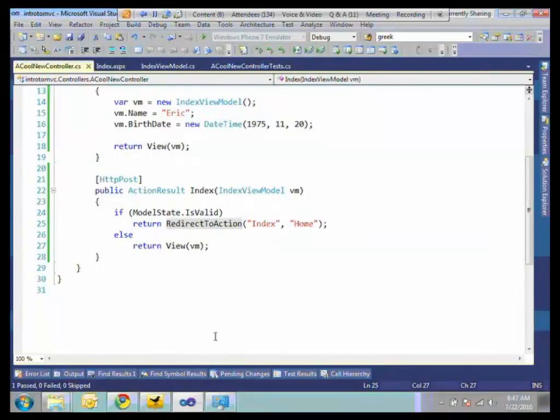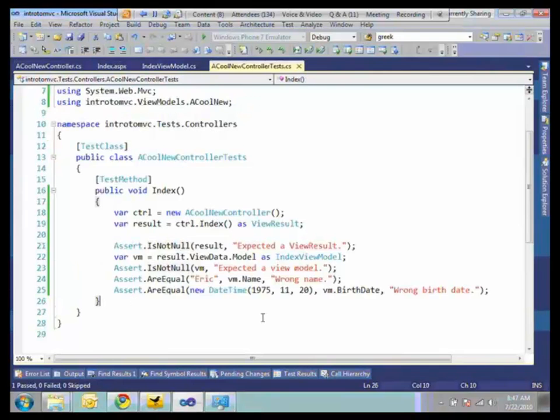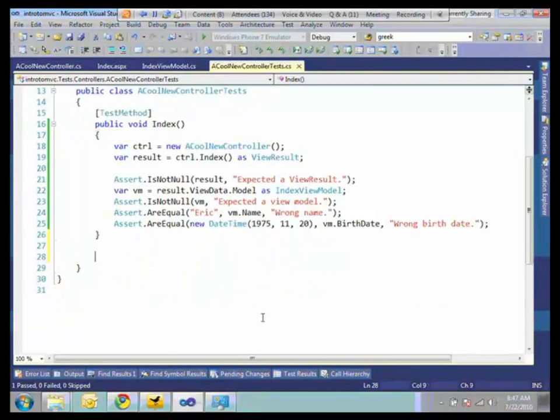Let's go back here and now create a new one. So create a new method, public void index. We're going to call it post invalid data, returns view. And so if we're posting invalid data, we're not going to return a redirect, right? So we're going to say, if it is marked as invalid, then return the view, not a redirect. And so